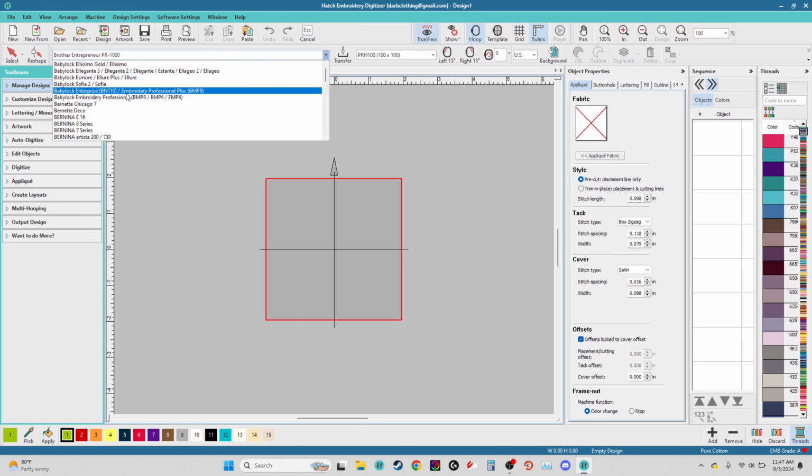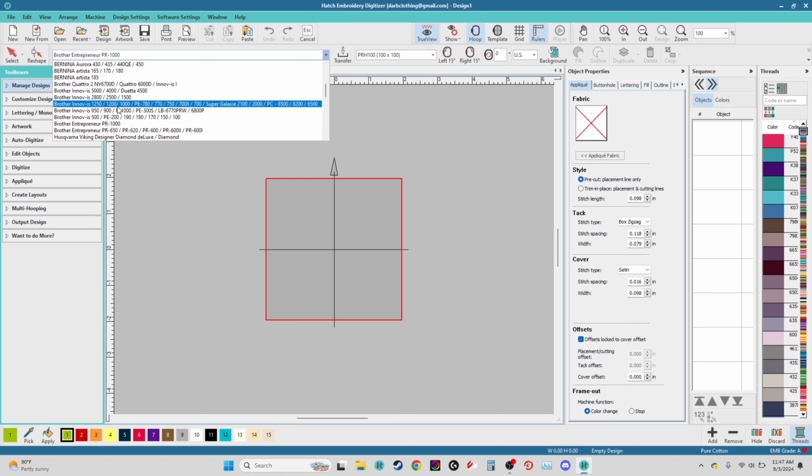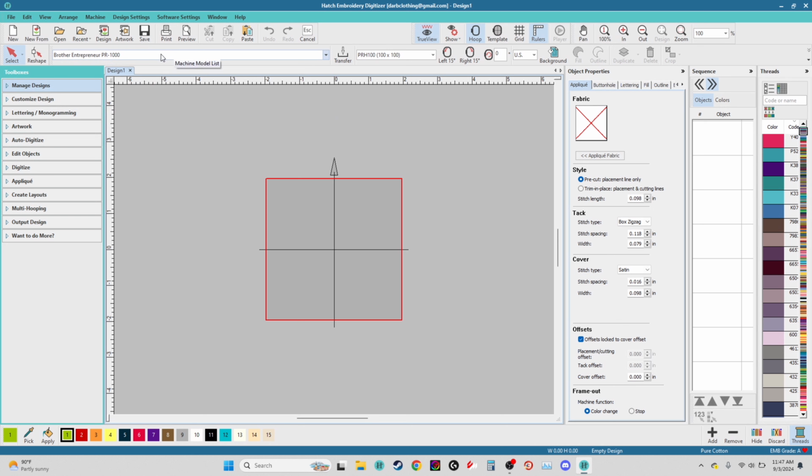So whether you have a Baby Lock machine, all the way to a Janome, a Foff machine, or a Singer, what you will do is come in and click on whichever option works for you and your machine. For our machine, we're using the Brother Persona. So we are using the Brother Entrepreneur PR1000. And with using this option, although it doesn't say Brother Persona or Brother PRS100 specifically, all the hoops will